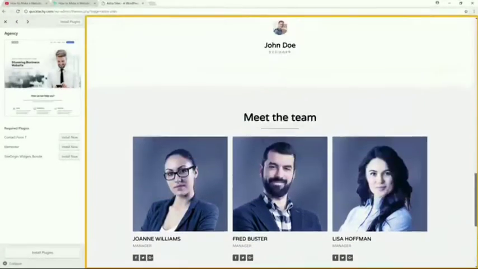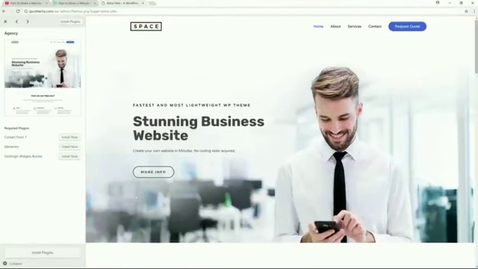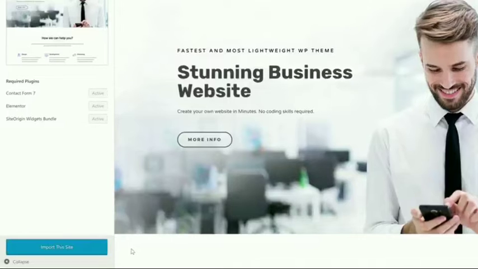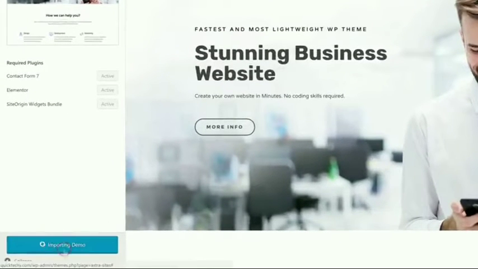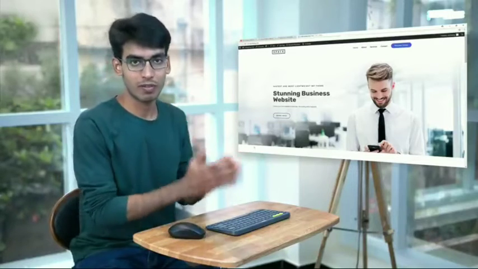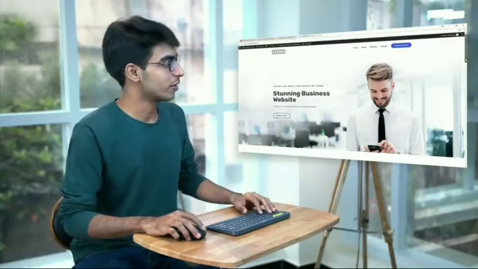If you want to apply this design to your site, just click Install Plugins and then click Import this site. Now the design and the demo content will be imported into your site. Once it's done, we can now see the site. So let's click View Site. Okay, so as you can see, the demo has been imported into our website and this is how it looks.